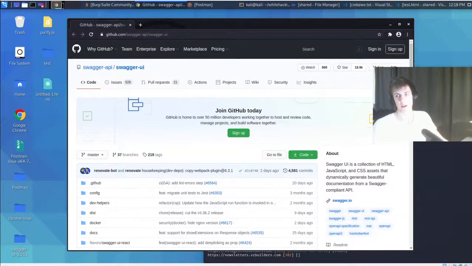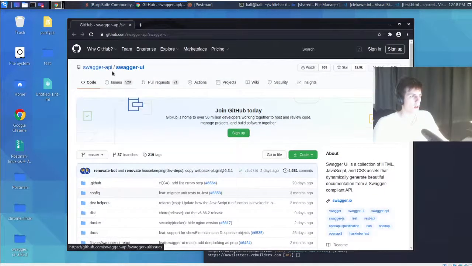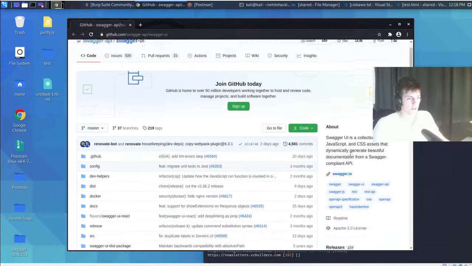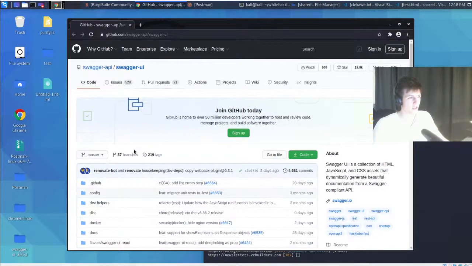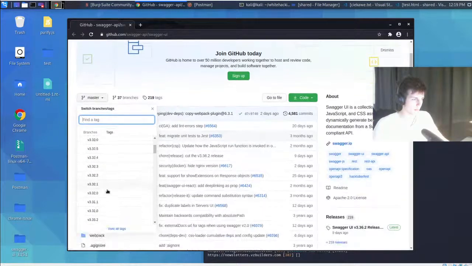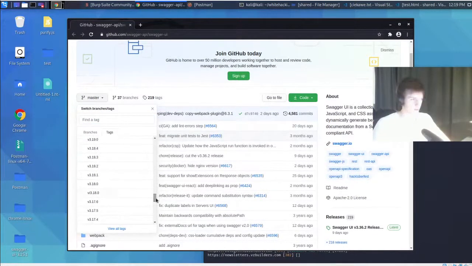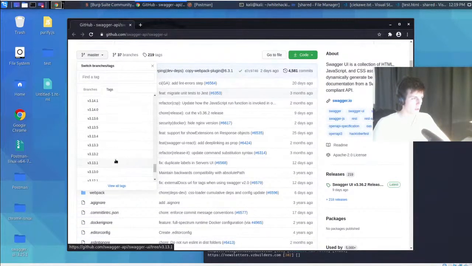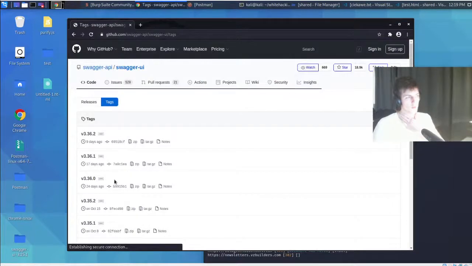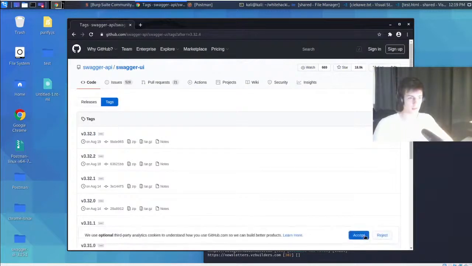Okay, I'm done. So on GitHub, you can just go to the releases page, or I can just find a tag here. Yeah, it's pretty easy to find the version we want. Oh, we have to view all tags. Actually, it's not easy. We have to go through everything by hand, so